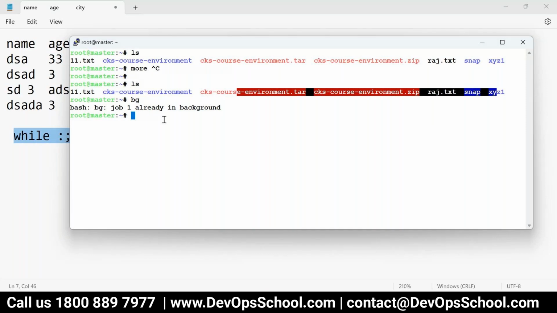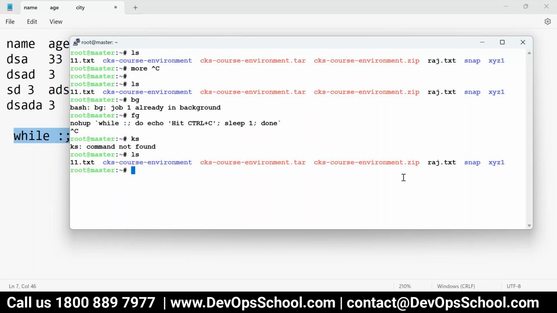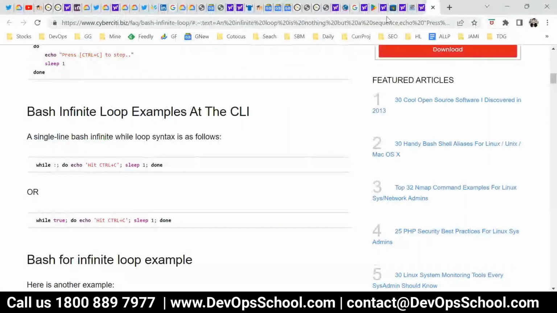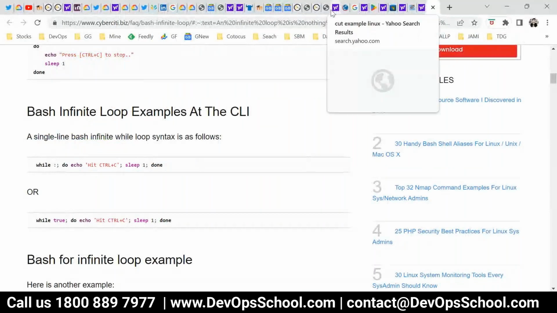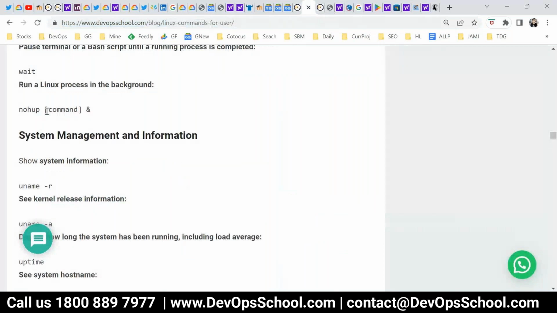And fg, the nohup file should be there, but it's not available. I need to check. So fg brings that back, and Ctrl+C this way. The file should have been created, but it was not created this time for me. I need to check why, command issues and all. But here, the nohup command.